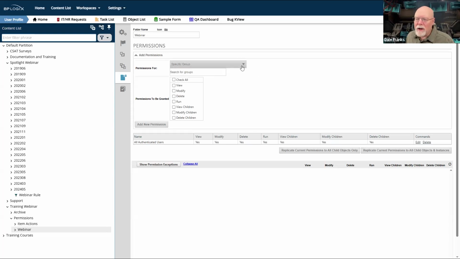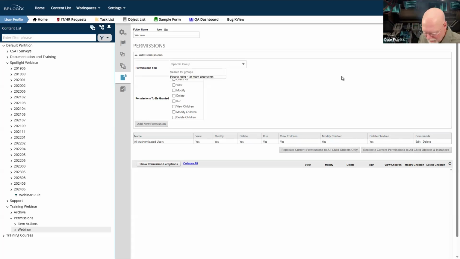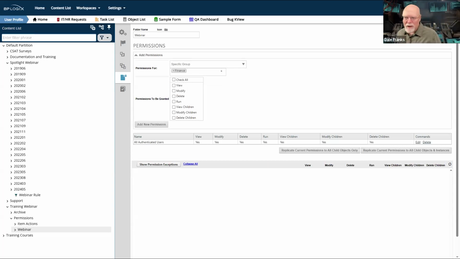Once I have selected who I'm going to assign this to, you know what, we might as well just do it for a group since we're here anyway. So I probably shouldn't have erased that. So let's say the finance group. This is the recommended way that BP wants you to assign, or recommends that you assign permissions. It's the easiest way of doing it. Assigning permissions at the individual user level, especially on a large system, is really a nightmare to try to keep up with. So assigning via groups is generally best.